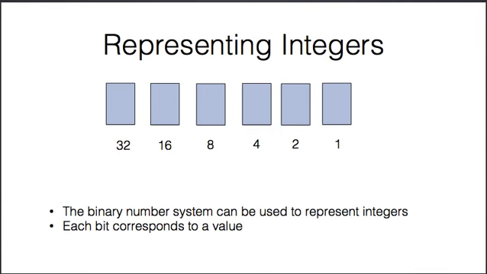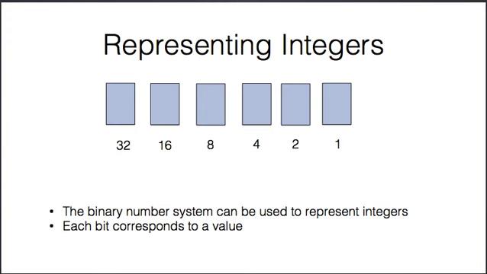So, we can represent numbers using bits. And this was on the video that I asked you to go look at. With a binary number system, it's a positional system of notation. So the position of the value tells you something about how much it's worth. In decimal, when we're writing, the rightmost digit is the number of ones. The next one is the number of tens. The next one over is the number of hundreds. So 275 would be